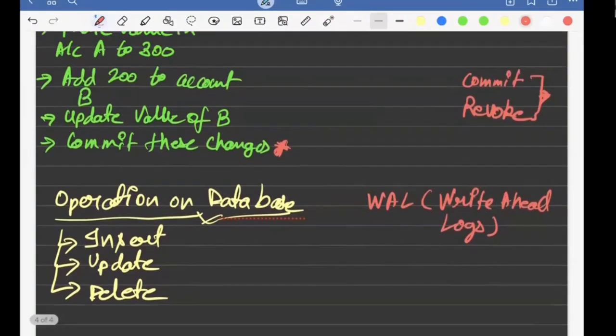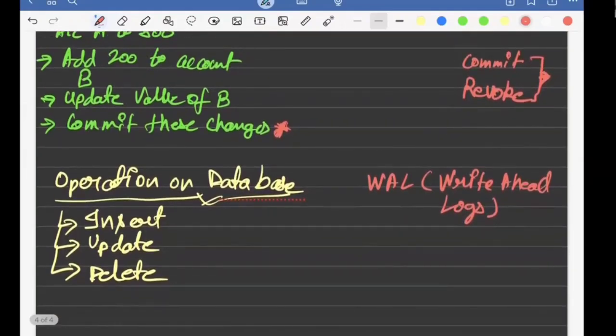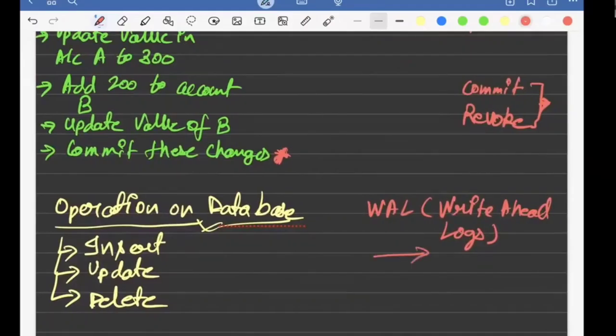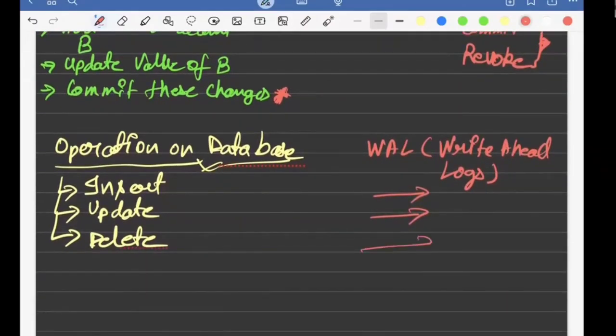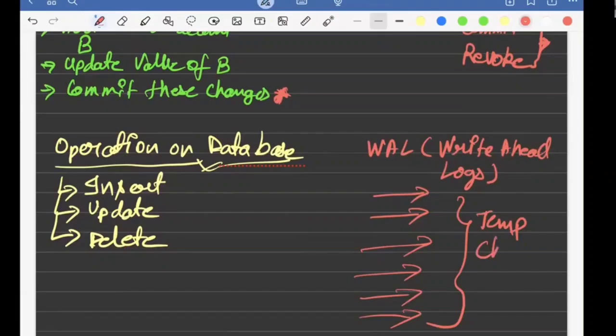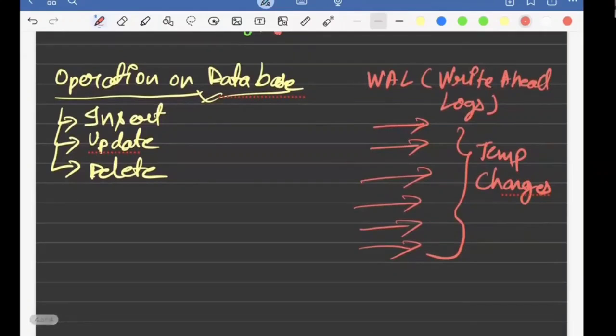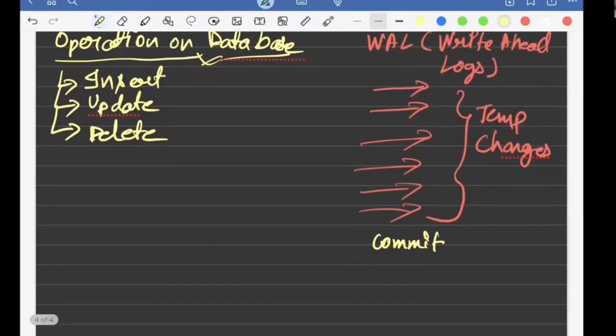Until then, when these transactions got created, they will be considered as temporary changes. Whatever you have done here will be considered temporary changes, and as soon as you include the commit operation,